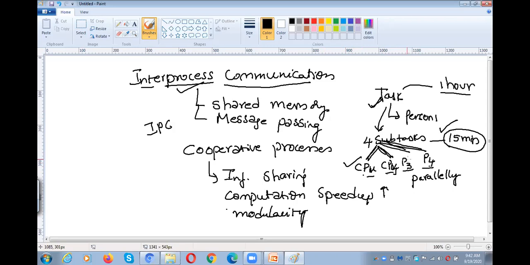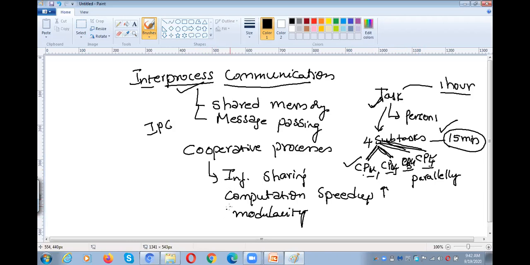If it is a computer program, we can divide the work and share it to different CPUs. CPU 1 does the first job, CPU 2 the second part, the third part is assigned to CPU 3, and the fourth part to CPU 4. The 4 computers, 4 processors, are all working parallelly to complete this execution.